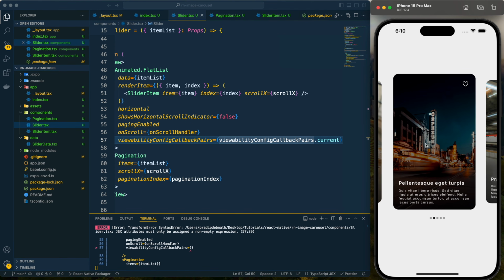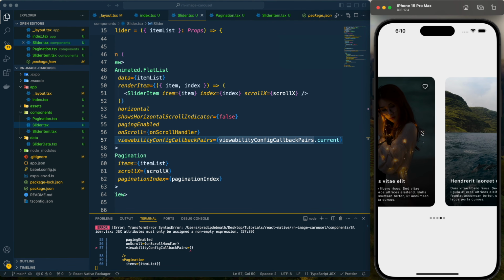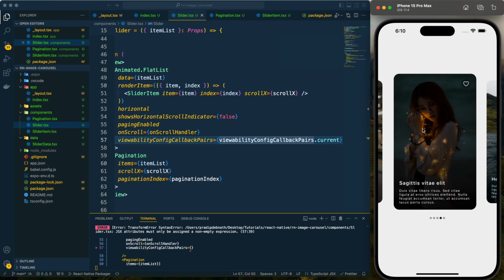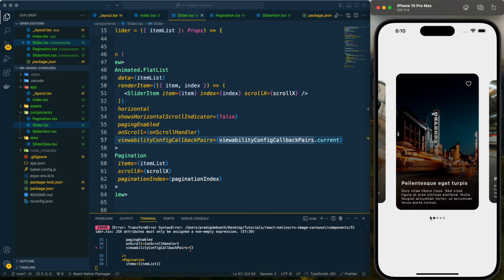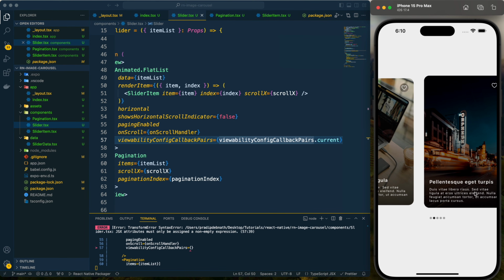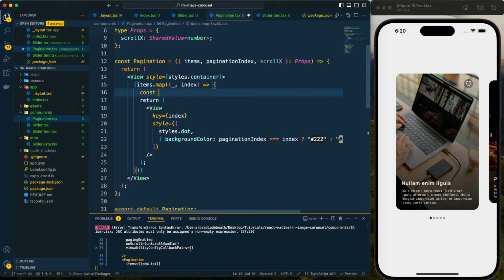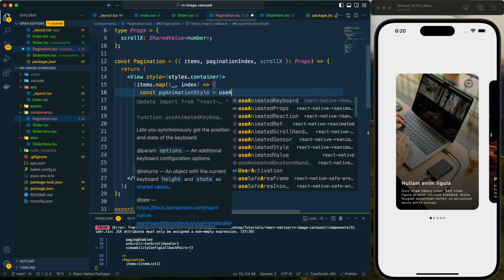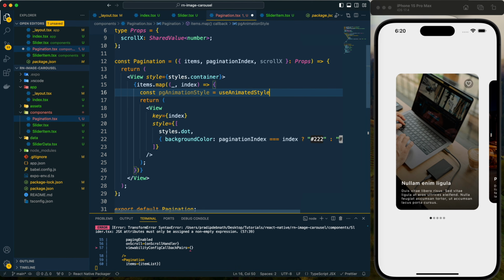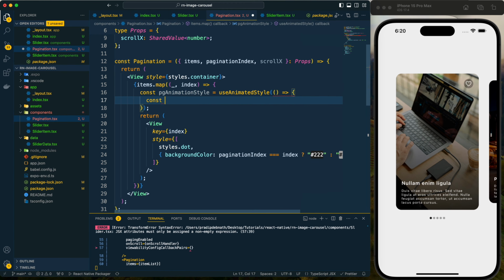Now we can see that whenever we are changing the item, that time it is getting updated and we are getting the proper response of that, right? So now here let's create PG animation style, and it will be use animated style from React Native Reanimated, and it would be for dot width.